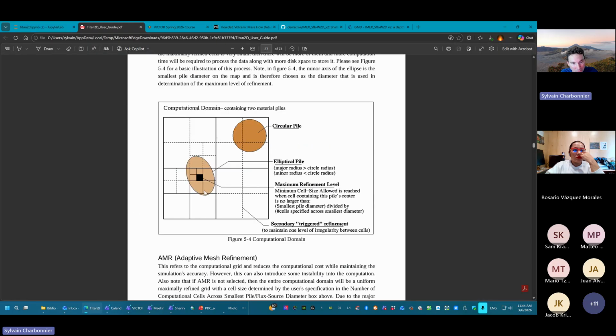Basically, you can see you take the length of that axis and then you divide it by 16. That's what the code is going to do at the beginning to allow the simulation to be a little bit more accurate. You can see here the minimum cell size allowed is reached when the cell containing the pile center is no larger than the smallest pile diameter divided by the number of cells across the smallest diameter of your pile. And then there's some secondary refinement to maintain one level of irregularity between the cells. That is made automatically by Titan,